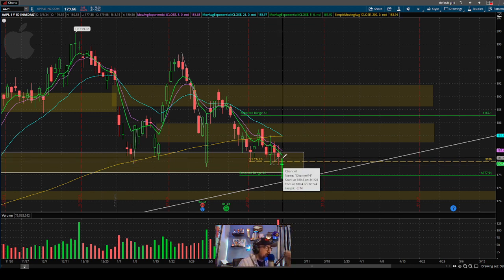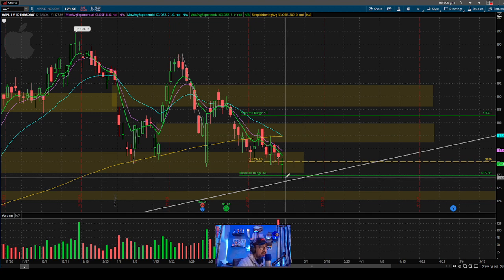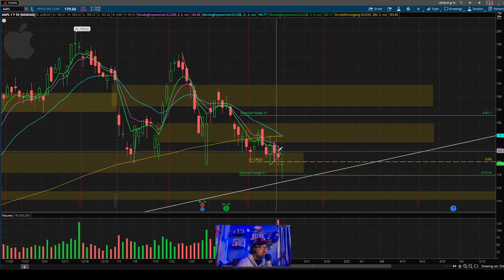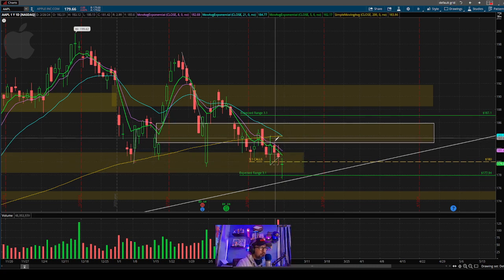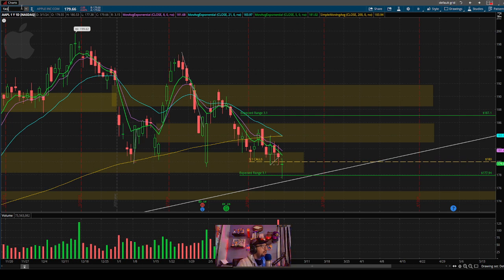Unlike some other stocks we were looking at previous to this, this one did manage to hit the bottom of the range here, which you probably could have got a signal on if you were watching it throughout the week. But this one seemed to have played out pretty well, not too bad. And then Tesla,